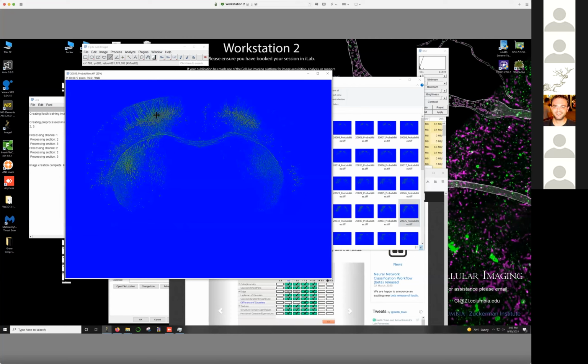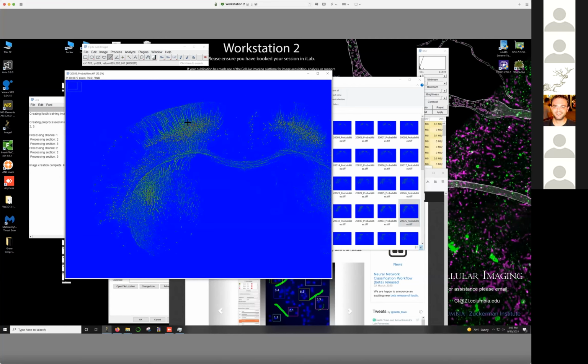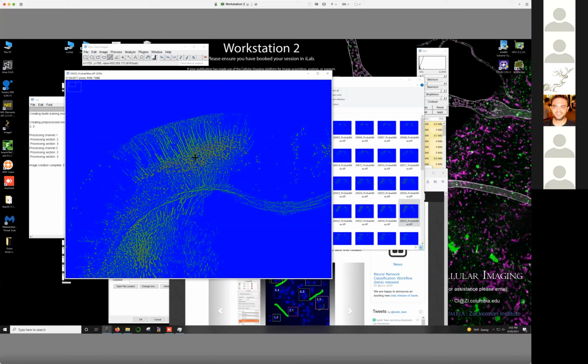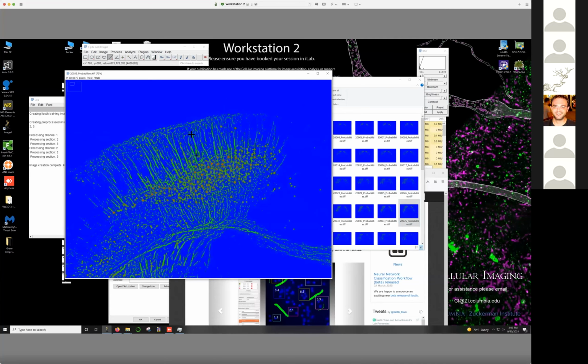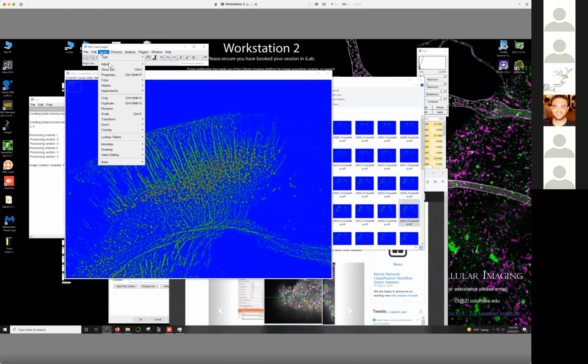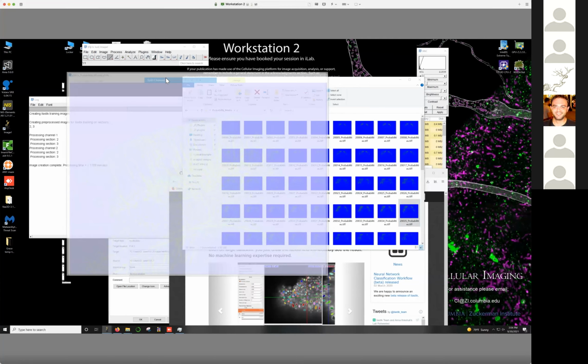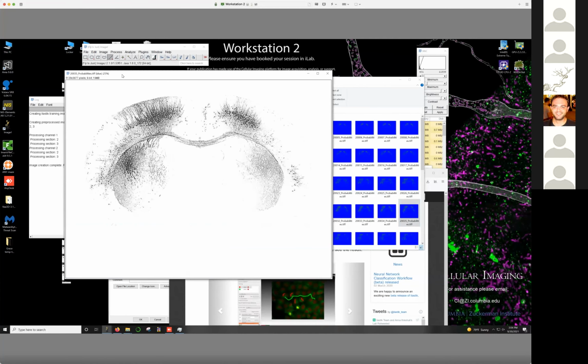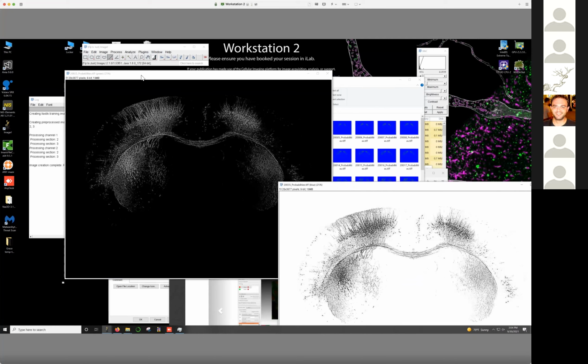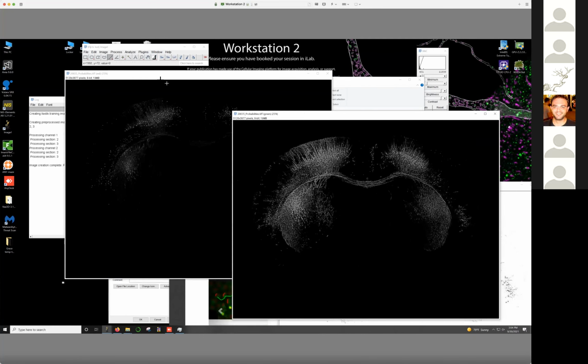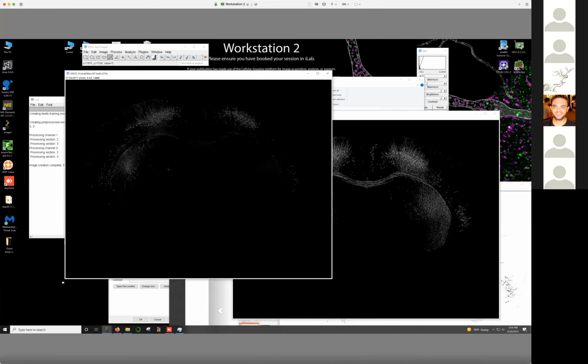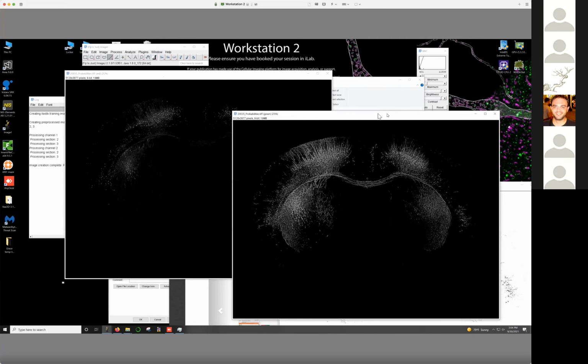So you can see if I zoom in here what these images look like. And if I split this into separate channels, this is our background, this is our projection channel, and this is our cell channel. What you can do is determine what that threshold should be. So if I zoom in here,